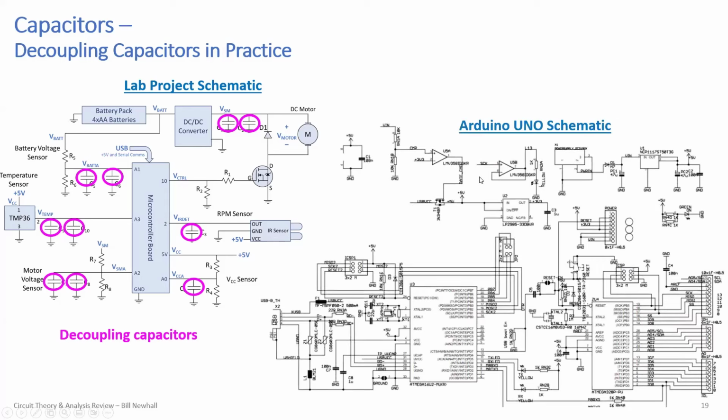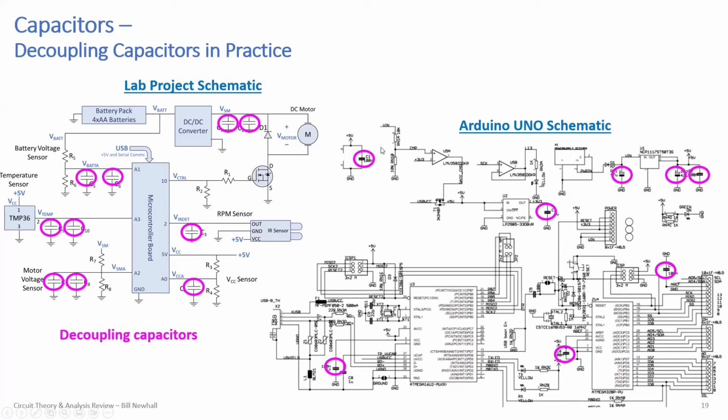And you'll see, so this is your project on the left. This is an Arduino Uno schematic on the right. And so you can see the microcontroller and some supporting integrated circuits here. And I've circled many, maybe all of the decoupling capacitors, right? Here's one on the upper left between the 5-volt power supply and ground. You have a 0.1 microfarad, 100 nanofarad capacitor. 0.1 microfarads is very common for